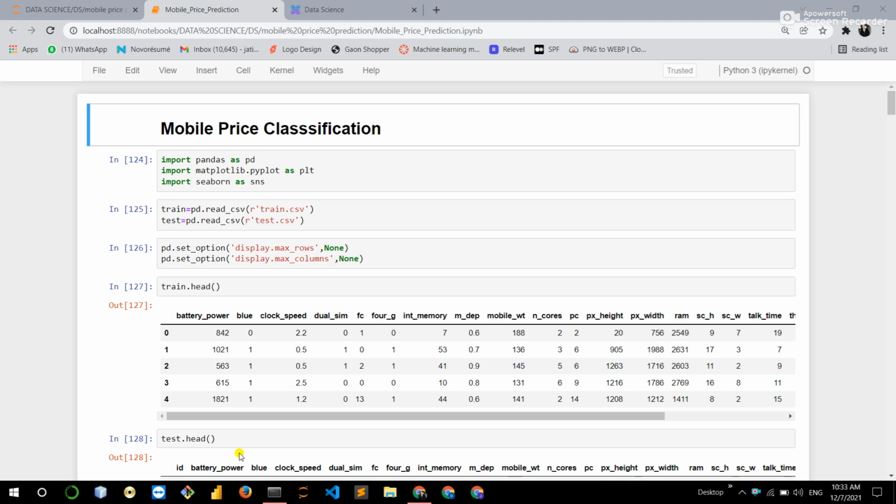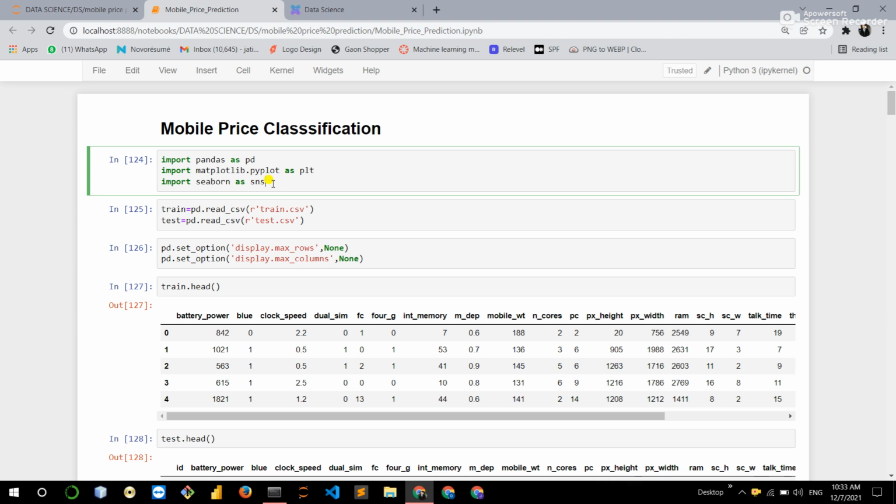This model classifies the range of the mobile based on different parameters like camera, touch screen, cores, battery, clock speed, internal memory, battery capacity, and etc. After training the model using three algorithms, I compared all the models using a graph. Okay, so let's start. So first of all, import all the required libraries which are needed, like pandas, matplotlib, and